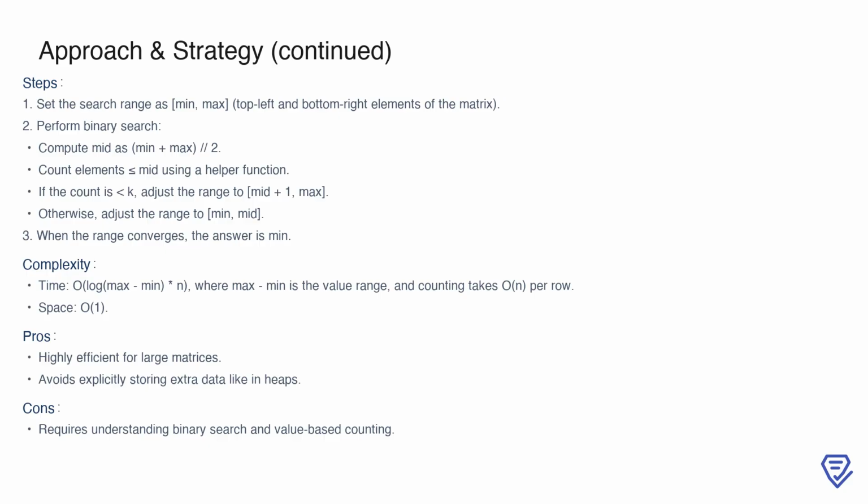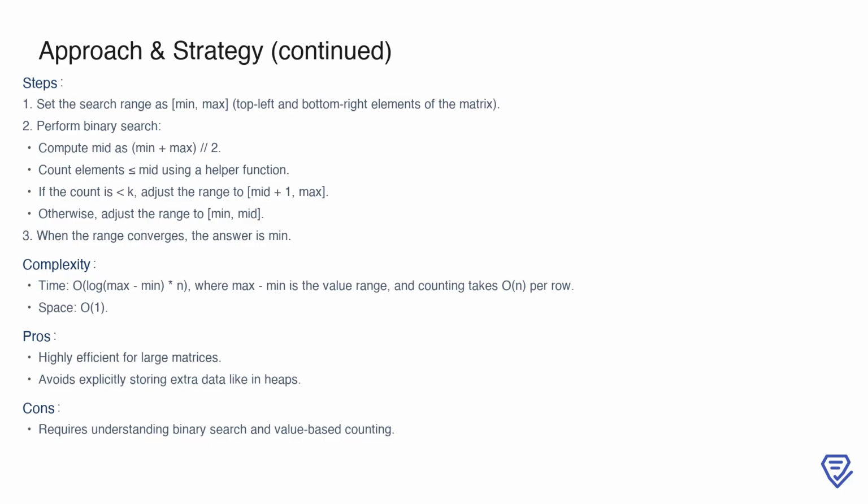This counting can be done row by row, taking advantage of the sorted order within each row. If the count is less than k, it implies that the kth smallest element must be in the upper half of the range, so we adjust the range to exclude the lower half. Otherwise, we adjust the range to exclude the upper half. This process continues until the range converges, and the kth smallest element is found at the lower bound of the